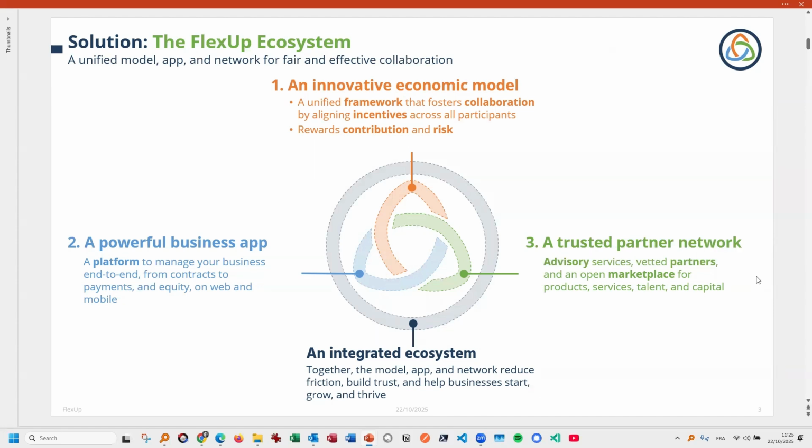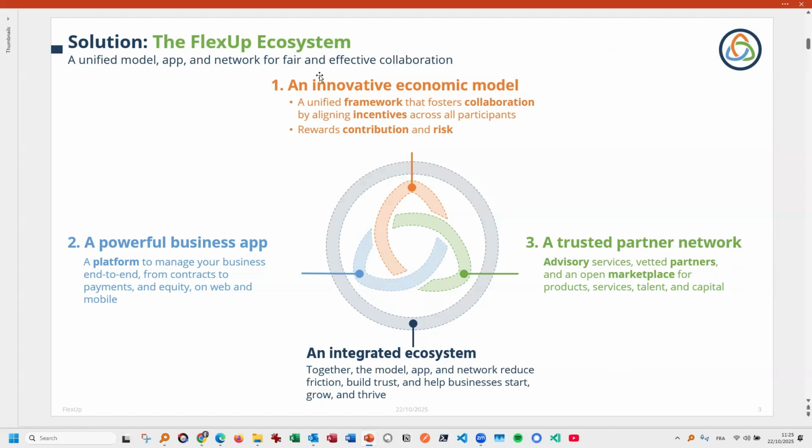Existing law firms, existing accounting firms. And in the future, we can even have a marketplace where people find their help themselves and we just take a small fee. The problem is that there's already a lot of marketplaces out there. So we need to find a way to make it better. Okay.